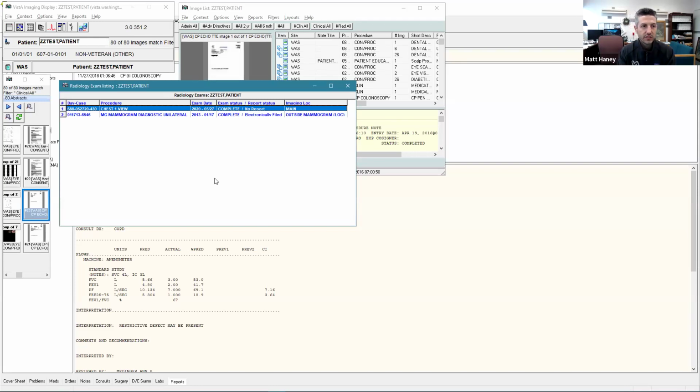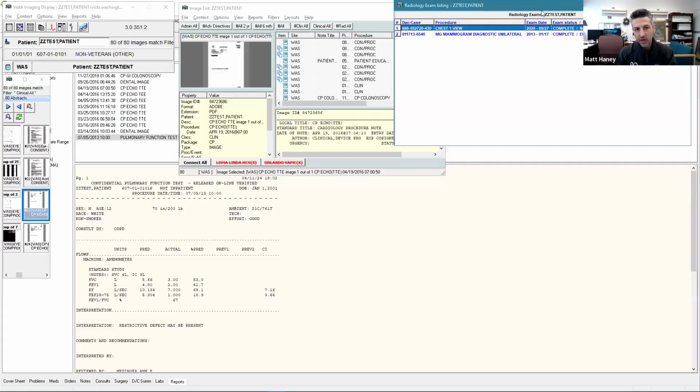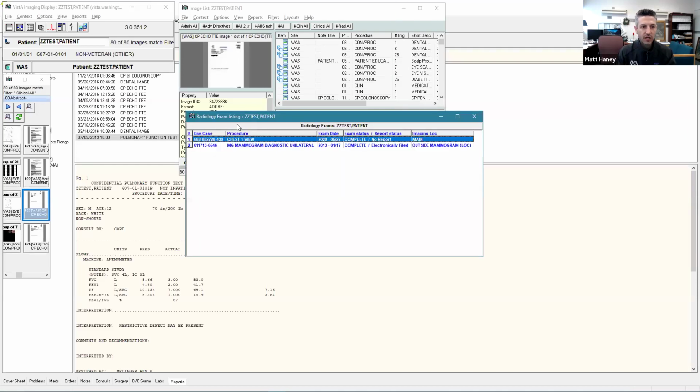If you have a patient with specific images, you can just double click on these and it will open them. For x-rays in particular, from memory, walking you through this: if you double click on this, it will open up a little thumbnail. If you double click on the thumbnail, it will open up the full image. If you click on the heading, it will be maximized like this when it opens up the image. If you drag the heading out of the way, it will shrink the window back down,